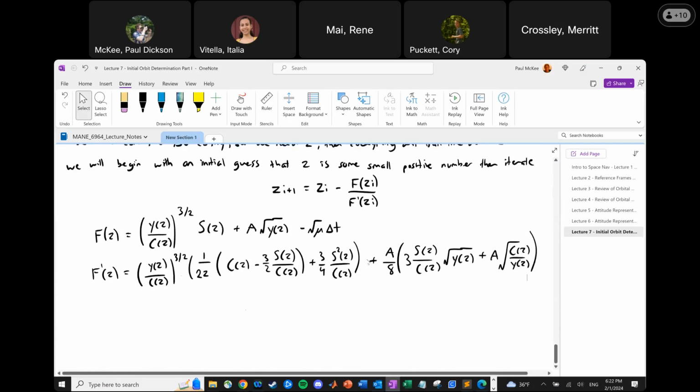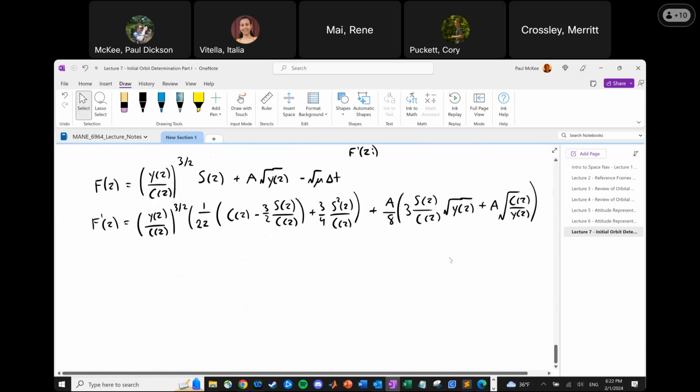And given that the solution is this ugly, I feel very bad for Lagrange and all the math that he would have had to go through to prove that this is the case. So our procedure, and after all this, it's still called Lambert's problem. Our procedure for solving Lambert's problem